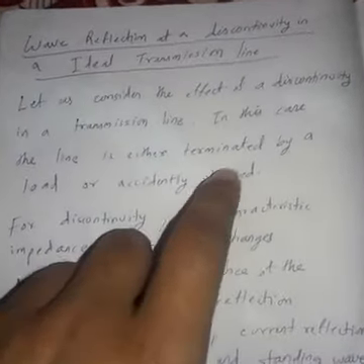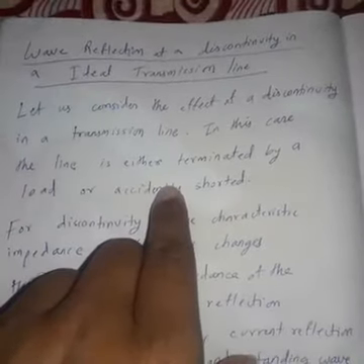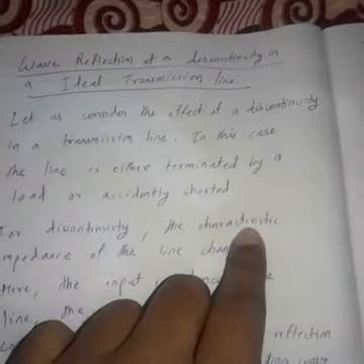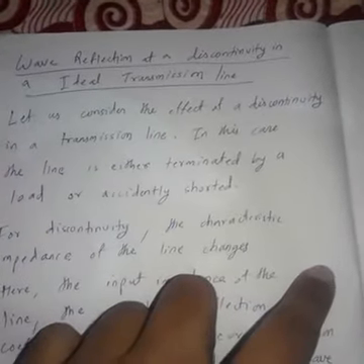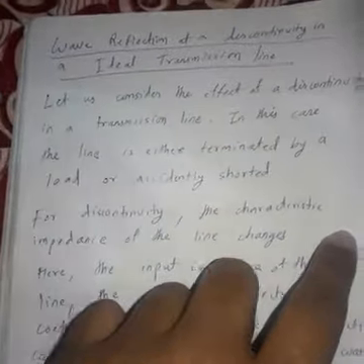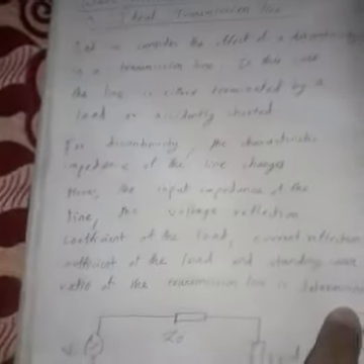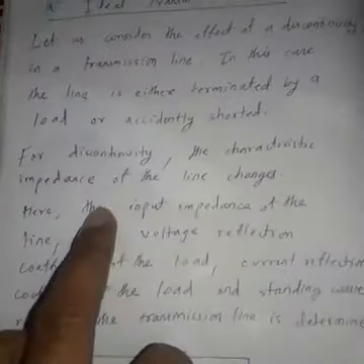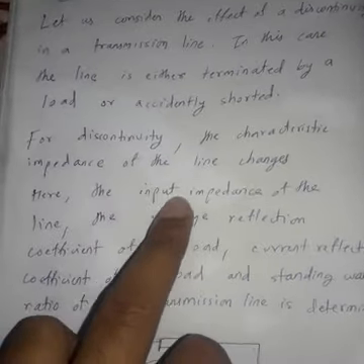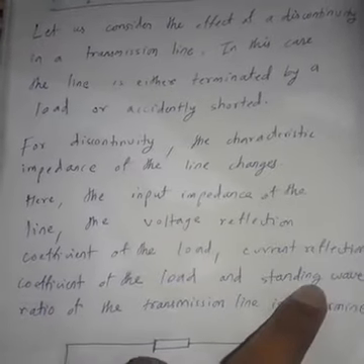Okay. Now in this accidental short circuit we can extend this discussion into two more special cases. What? One is open circuit line, one is impedance matching. Okay, so those two topics I will cover in the next class. Clear? So let us now focus on the discontinuity due to load. So remember, whenever there is a discontinuity, what will happen? The impedance will be changed. Which impedance? The characteristic impedance. Clear? So what will happen?